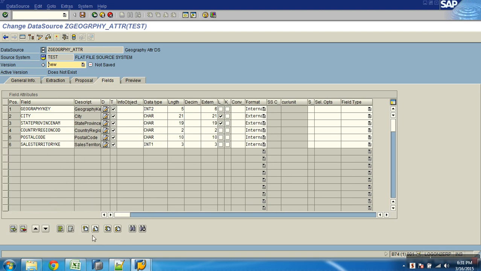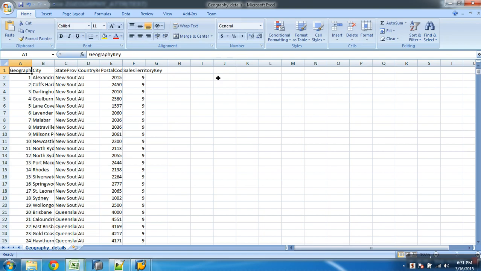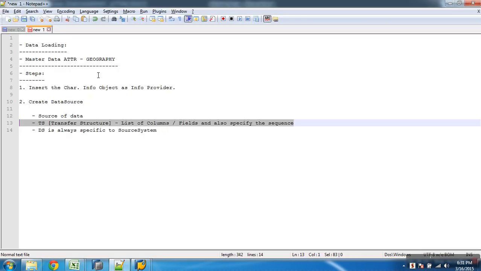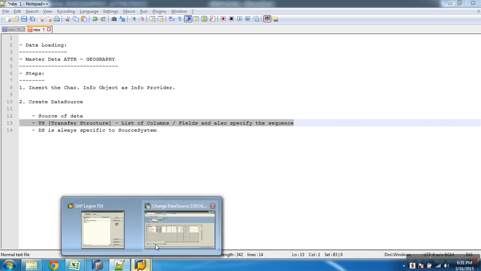Okay. Now what is it saying? Geographic key is first. How did it bring this column field name? From the file header. We had the header column name as geographic key, which is why it takes the first column as geographic key.